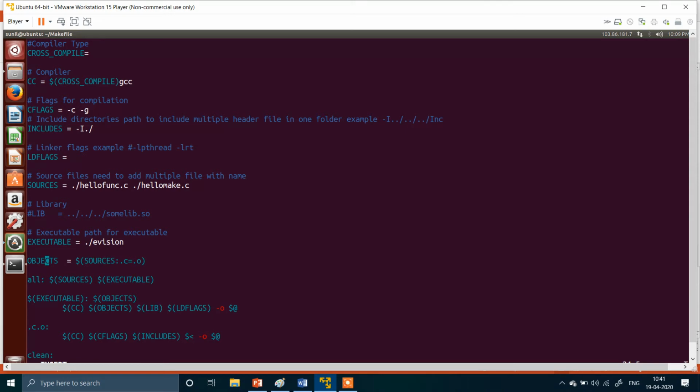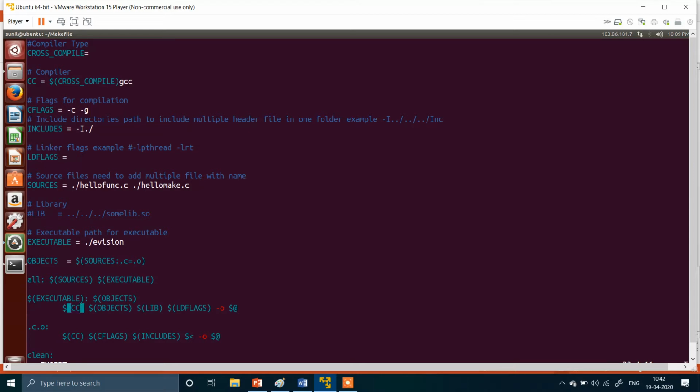Then the next one is the object. In object you will have to use the sources, and this will create the object file of the source, and then all. So when you hit the make command, your pointer will come to this all. It will use the sources and executable, and then the executable will use these objects, and then the object will use the CC compiler.